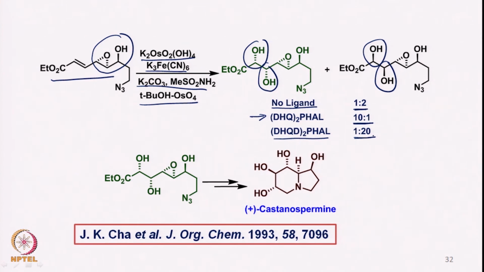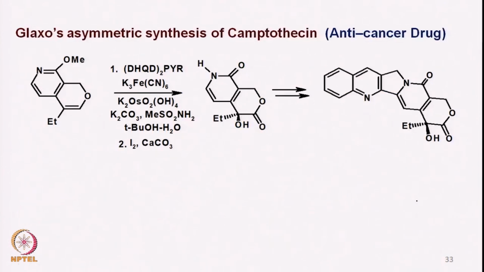So it is very clear that one can choose based on what one wants, and accordingly one can get the dihydroxylation. And one of these molecules was converted to castanospermine, which is a good glycosidase inhibitor, and therefore it comprises a very important synthesis of such a molecule which is biologically useful. We can also